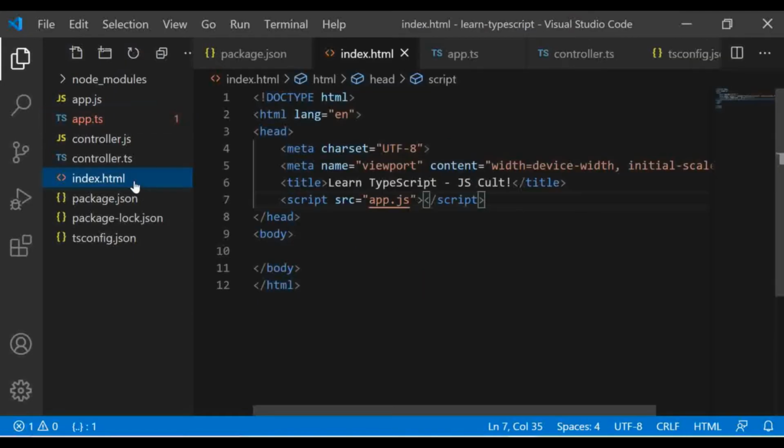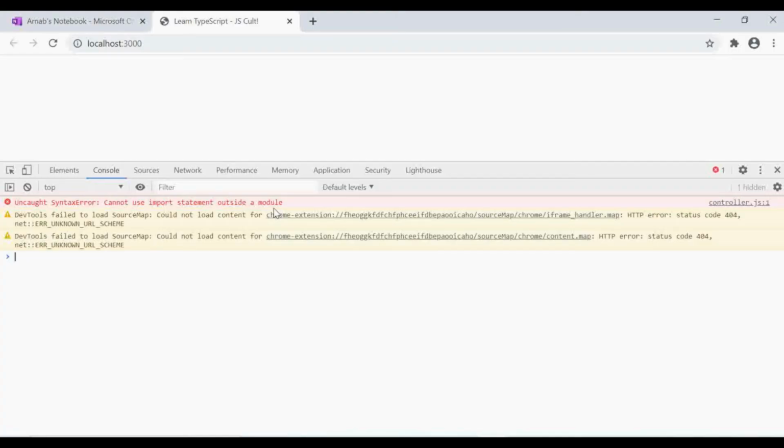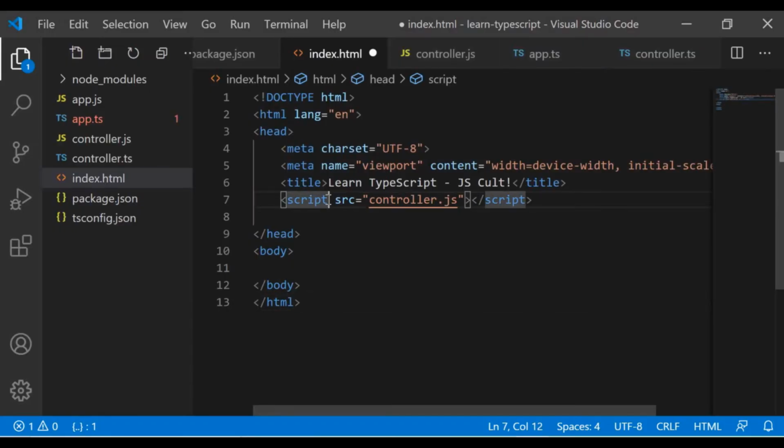Of course, in index.html, controller will replace the app import statement. Why? Got it. Controller should be loaded as a module, of course.